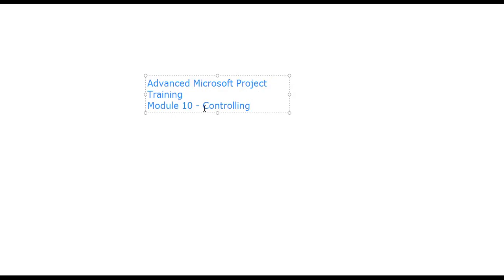The earlier module which we saw was module 9, and in module 9 what we learned was how we monitor. How does Microsoft Project help us to monitor the variances, the work, the dates or whatever. Right now we are looking at how we take actions based on what we monitor. So we are going to look at some very typical scenarios which we encounter in Microsoft Project, the actions therein, and how the tool helps us to take those actions.